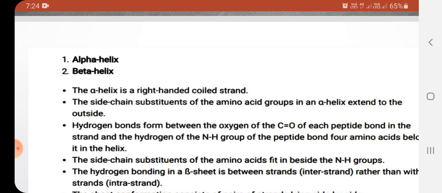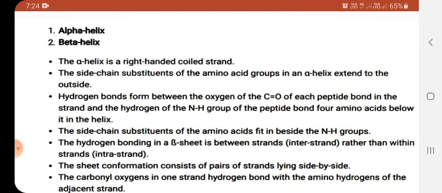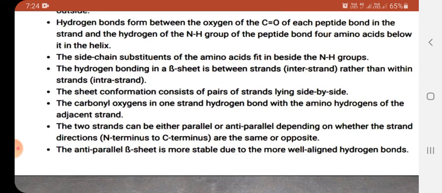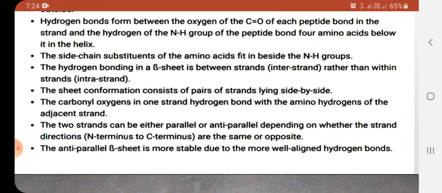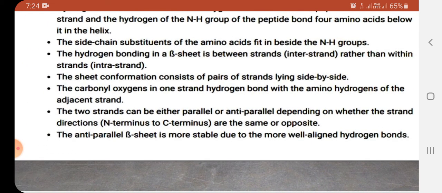Hydrogen bonds form between the oxygen of the carbonyl of each peptide bond in the strand and the hydrogen of the imide group of the peptide bond four amino acids below in the helix. The two strands can be either parallel or anti-parallel, depending on whether the strand directions, N terminus to C terminus, are the same or opposite. The anti-parallel